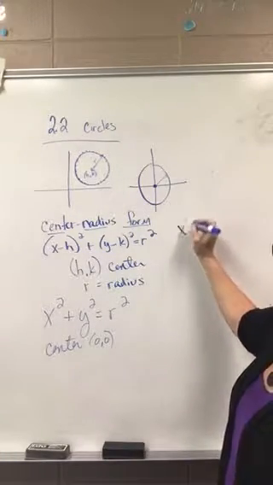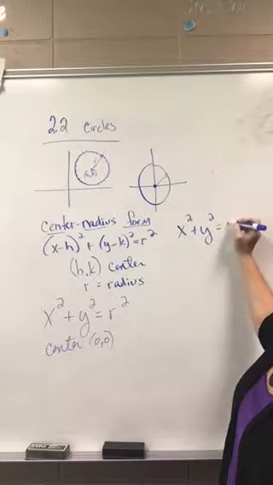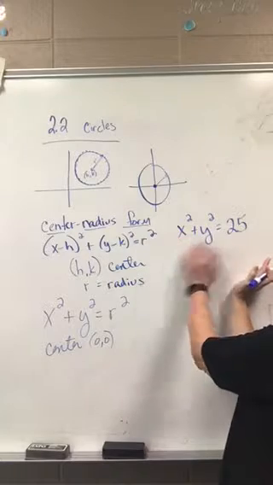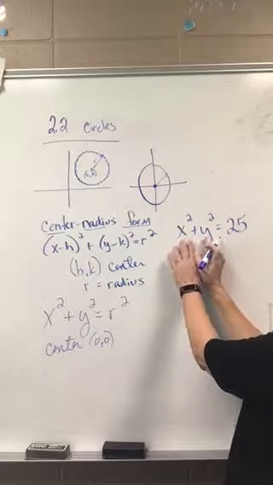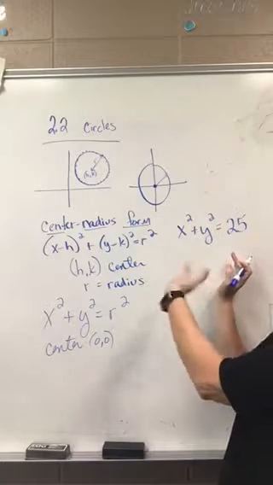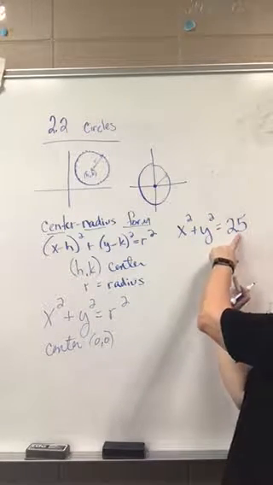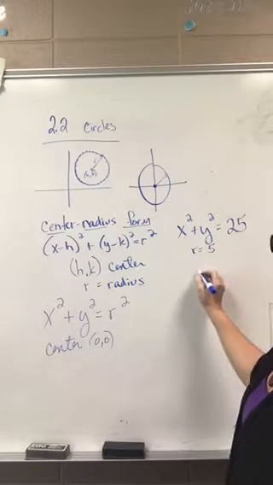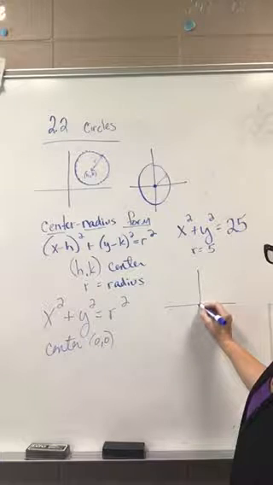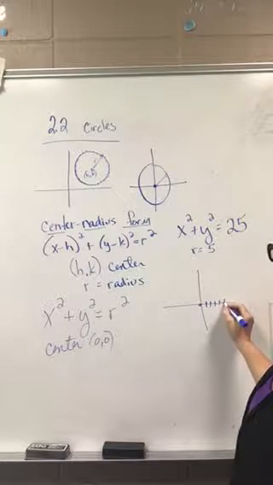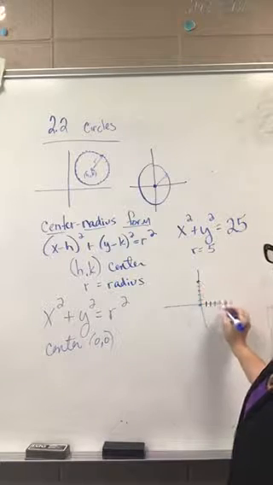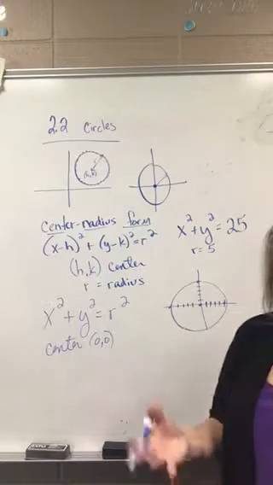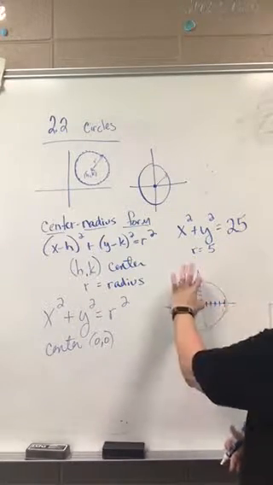So if we had the equation x squared plus y squared equals 25, we would expect this to be a circle. It's in circle format here. So the center is at the origin. There's no h and k values offsetting that. And then this last number is the radius in its squared form. So the radius would just be 5. So we could graph this and say it starts at 0, and then the radius goes out 5 places all around it. So you could draw it in like that and draw it more perfectly maybe than I did,